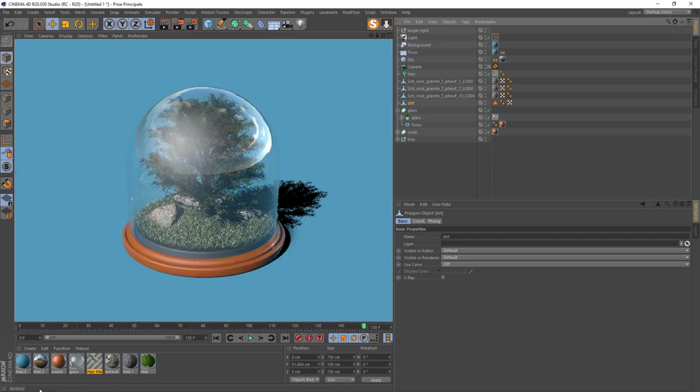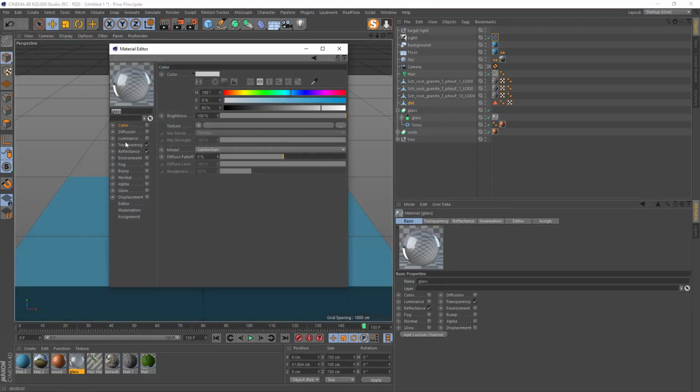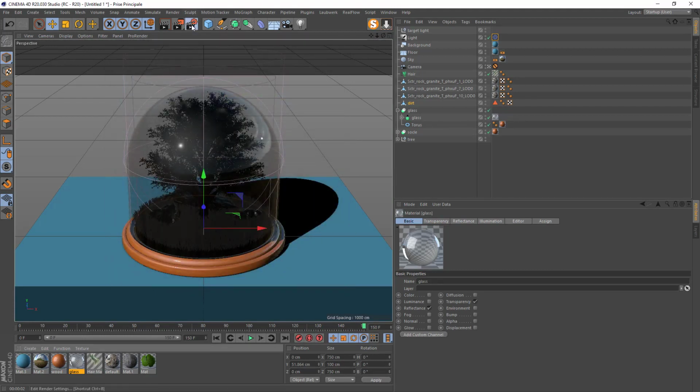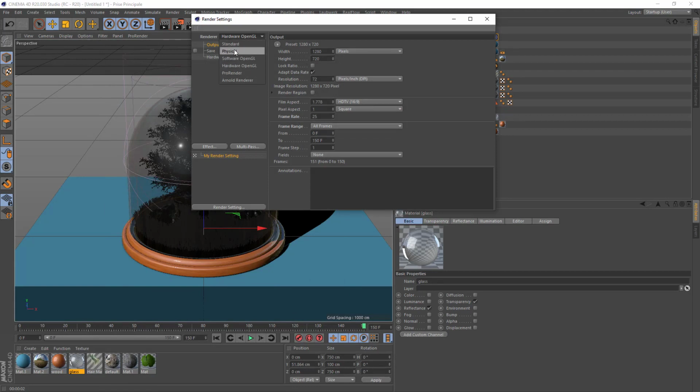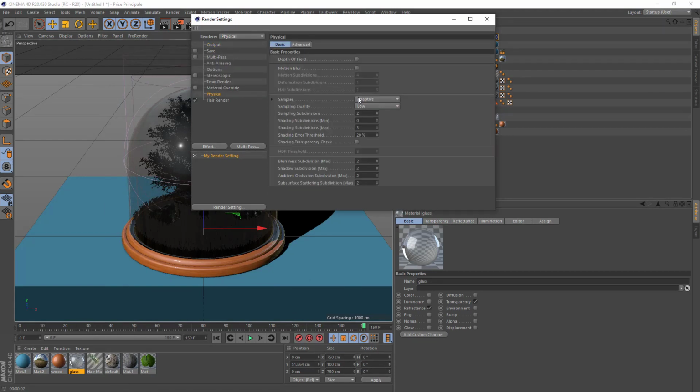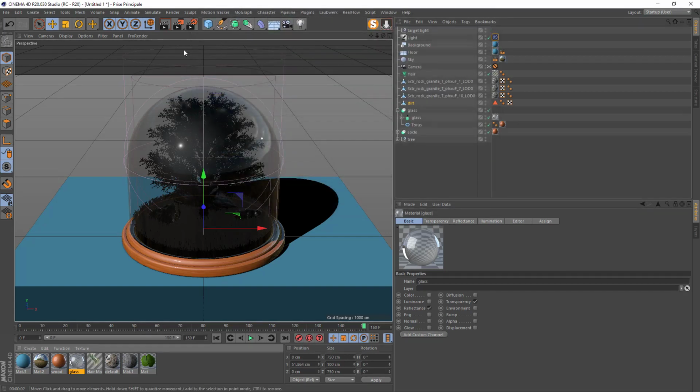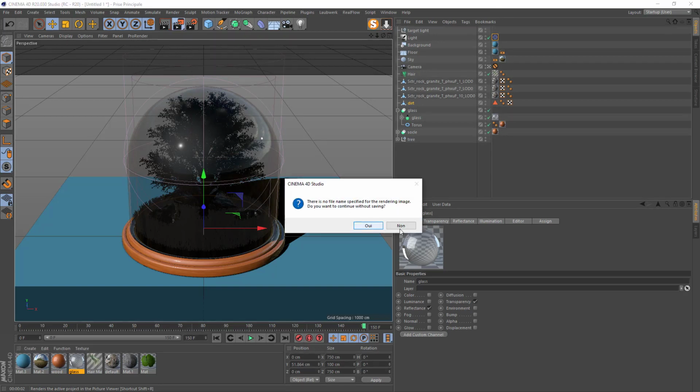I think we can go to the material here and uncheck. We just will make one test. Go there, go to physical render. Instead of low, we can choose automatic and make just a render test like that to see what we have.